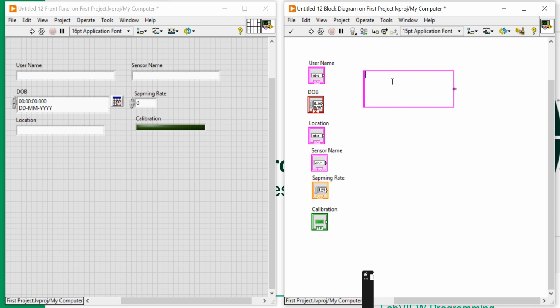Okay, in NI LabVIEW Academy, Mr. slash Miss percent S, DOB percent S. Okay, at percent S has taken